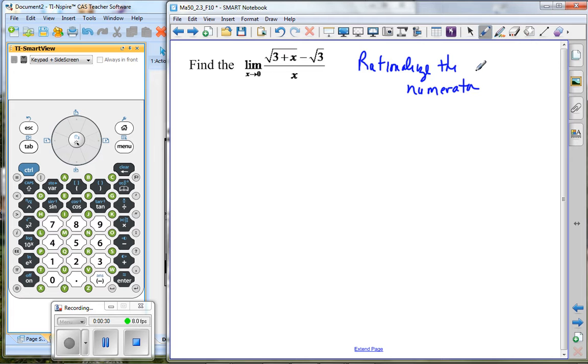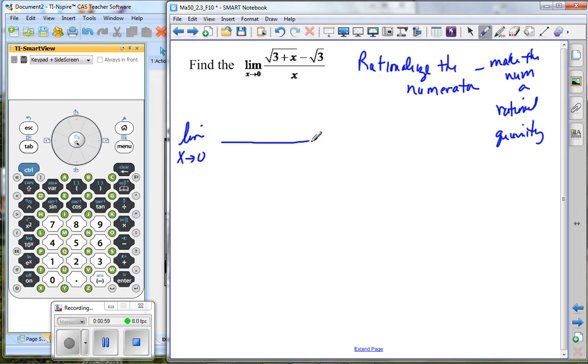denominator. We're going to do the numerator instead. This means we want to make the numerator a rational quantity. In other words, we're not going to have any square roots up there. Okay, so to do this, we're going to have to, let's see, we start with x, limit as x approaches